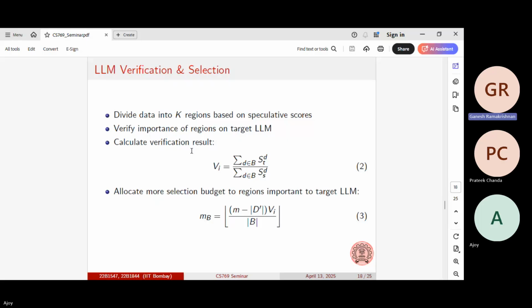Yeah, so we divide into each of those K bins. But for the K regions, you're not taking all points from those K regions, right? We are sampling points. Why is that not mentioned anywhere? Sampling is not there anywhere. Yeah. Allocate more selection budget to regions important to target LLM, so based on the importance score. First, we begin with the initial budget for all these